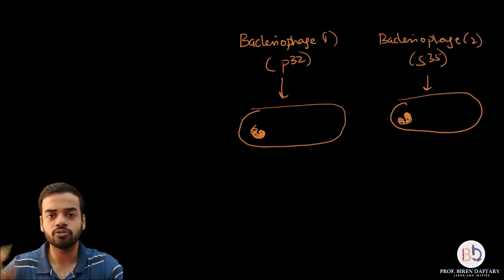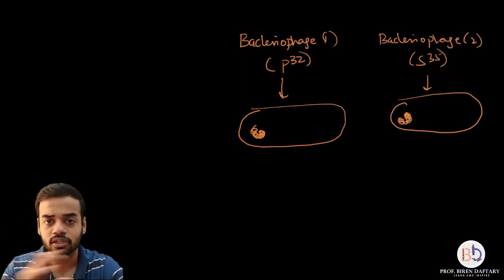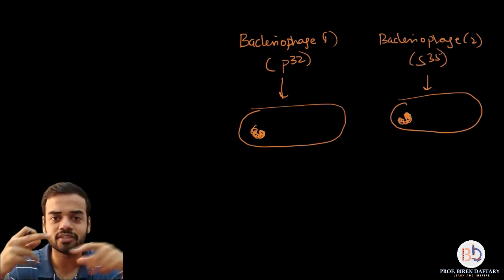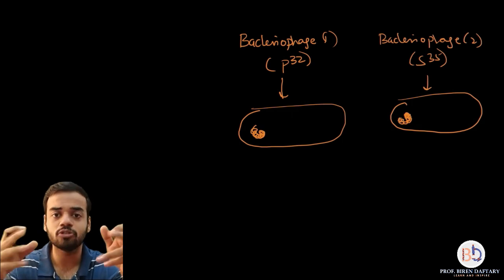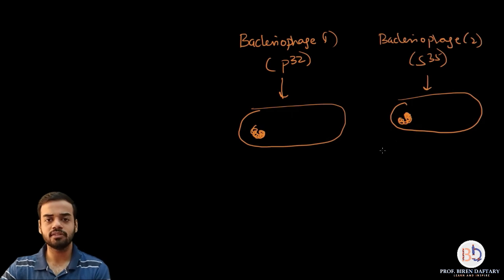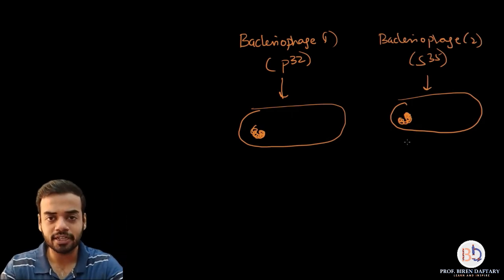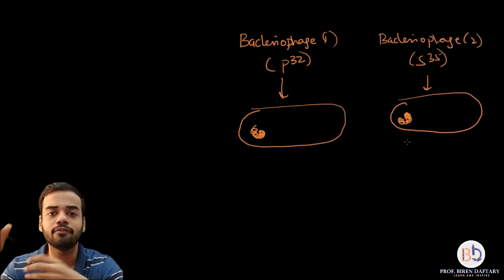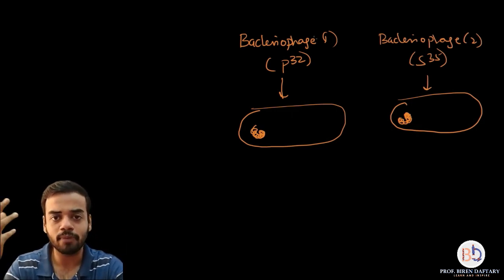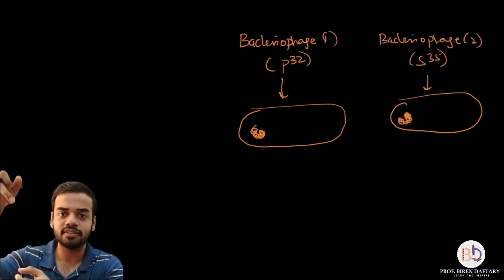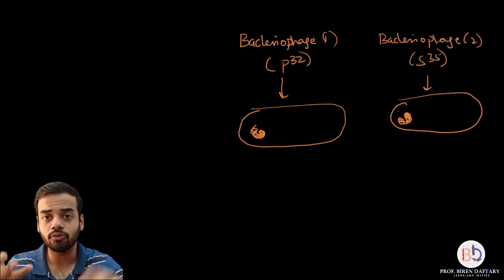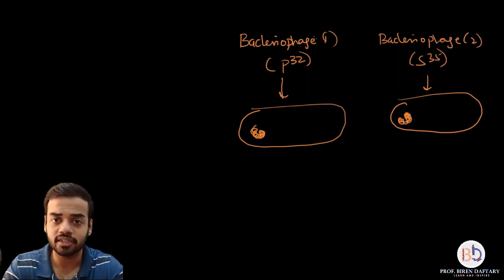Why am I not using the term nucleus? Because bacteria don't have a nucleus. They have a very rudimentary type of nucleus called nucleoid, which is nothing but folded DNA. It is also called the bacterial chromosome. So this is the DNA. Now, when these bacteriophages infect bacteria, you know how bacteriophages work. Bacteriophages basically inject the DNA. In my yesterday's video, I have taught you how viruses inject their genetic material inside the host.